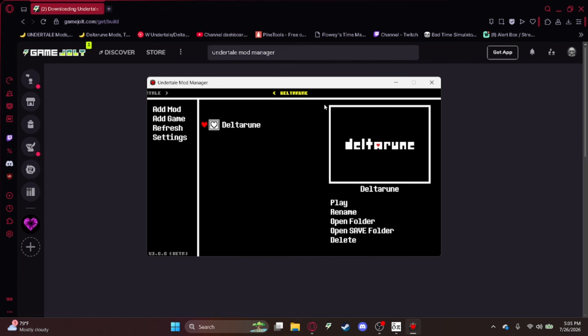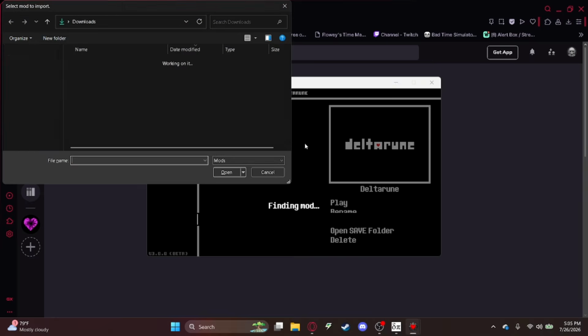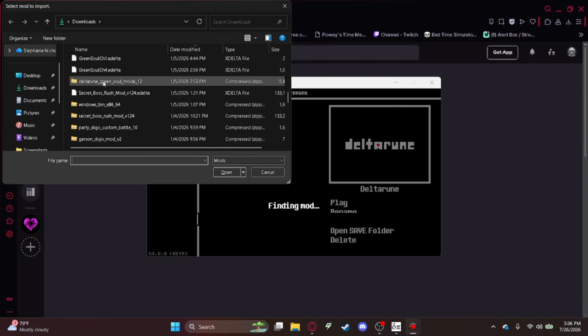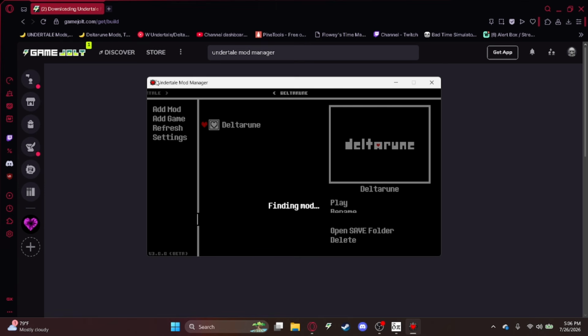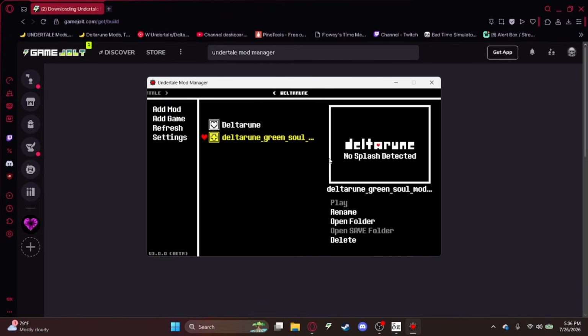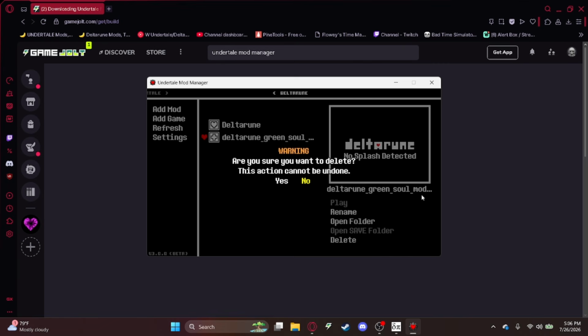For Deltarune, it's a lot more complicated. You can't just press add mod, because if you do, then it goes through the Green Soul mod. Like this is an example of a mod. It's a zipped folder. If I try to add it here like this, it shows up as a plus, and I can't actually play it because it doesn't have the same things that most Undertale mods do. So I'm just gonna delete this,